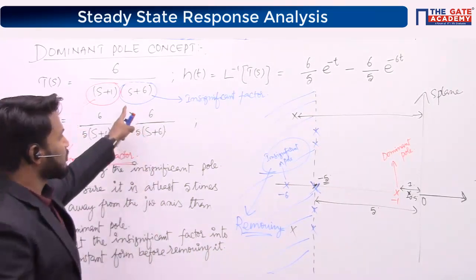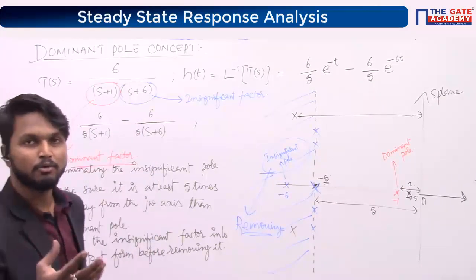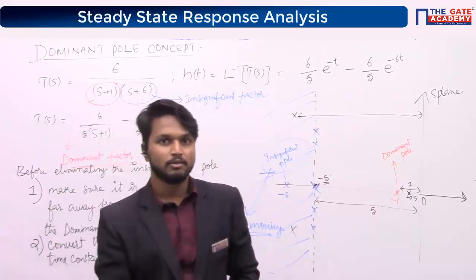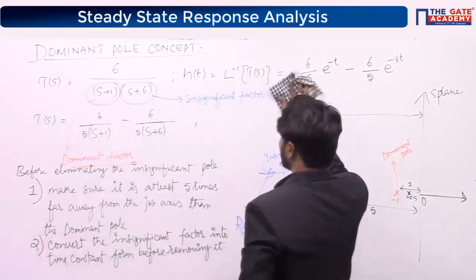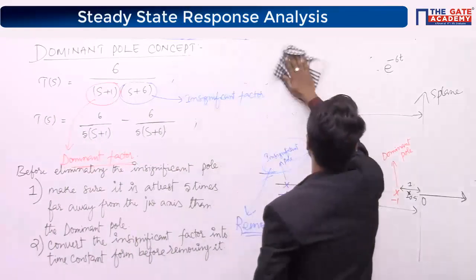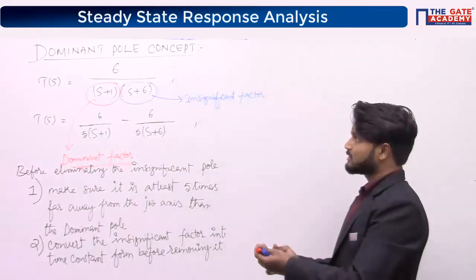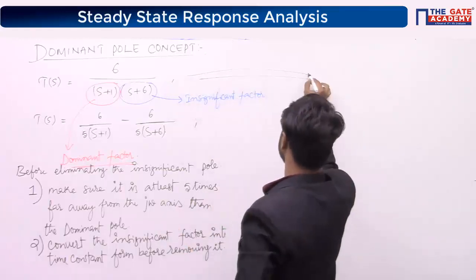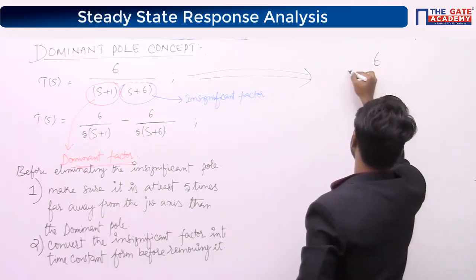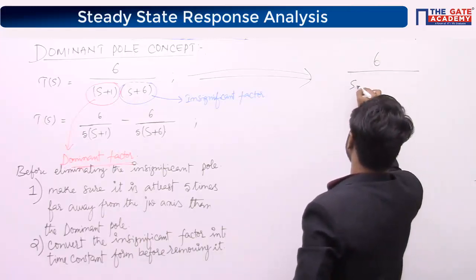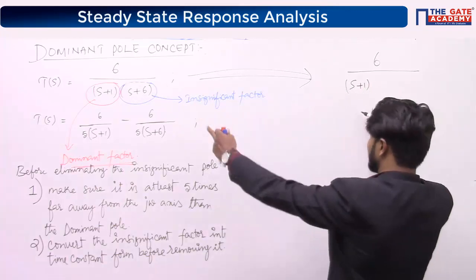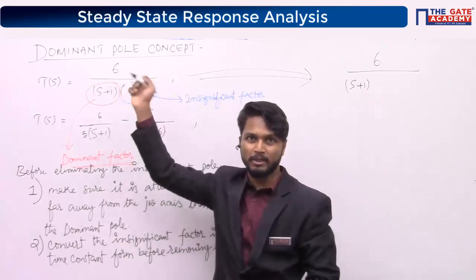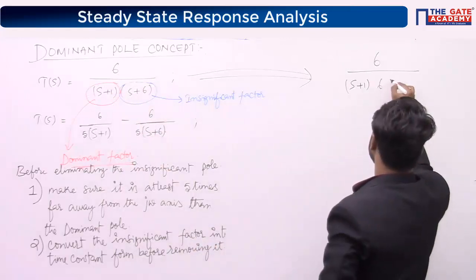So if I want to remove this insignificant factor, I just have to convert this into time constant form, right? Now this is going to be equivalent to 6 divided by s plus 1, and this is converted into time constant form. How can you convert this into time constant form? By taking 6 out of this factor,